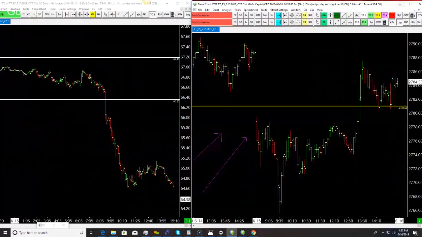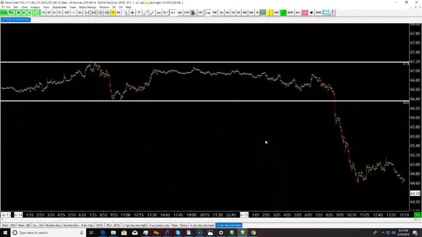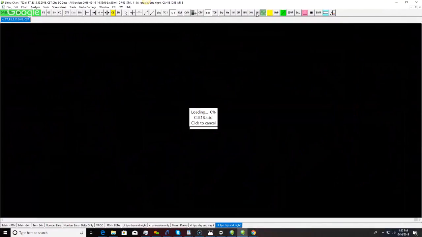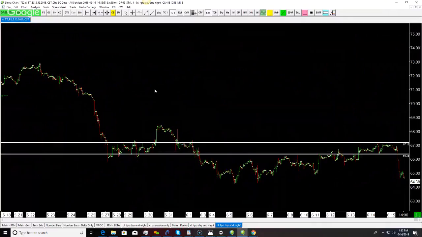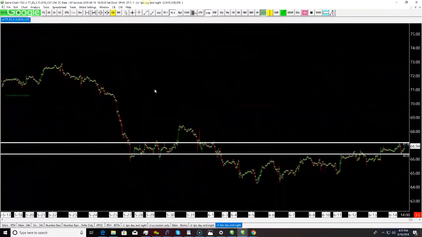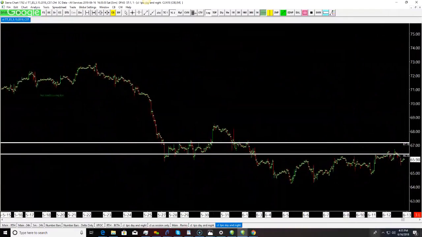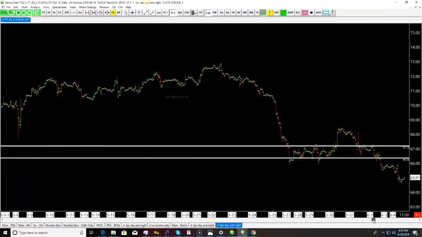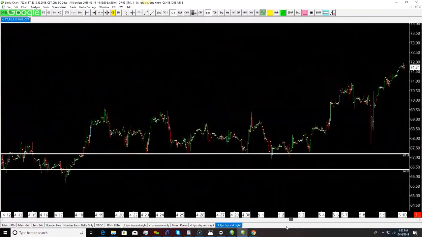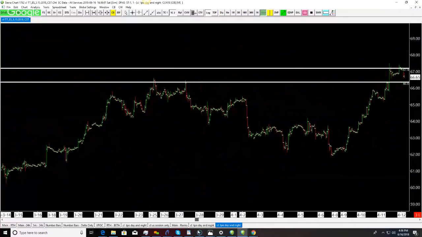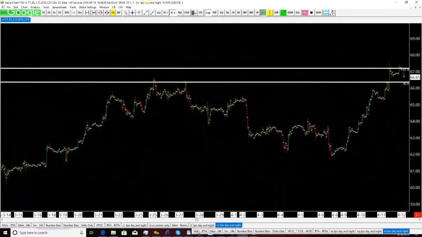Whereas on CL, this is a 5-minute chart. But if we look at a bigger time frame chart, like an hourly, what you'll see is it can go through periods where it can just go straight down. And then it goes through periods, as fundamental news is perceived to be changing, where it can go simply straight up with no counter rotation. Frankly, it's why a lot of trend traders prefer trading oil over trying to trade the indexes.